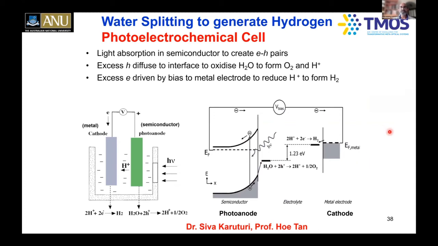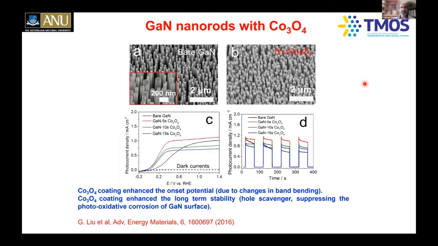The challenge is that these photoanodes are either stable but inefficient, or efficient but unstable. So that's been the challenge: being able to find stable and also efficient anodes and cathodes, for example. This is the work of my young colleagues, Dr. Reddy and Dr. Liu. Again, they've been looking at gallium nitride, and these are the top-down fabricated